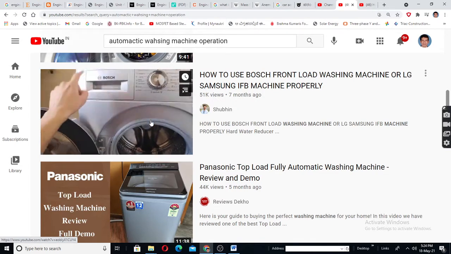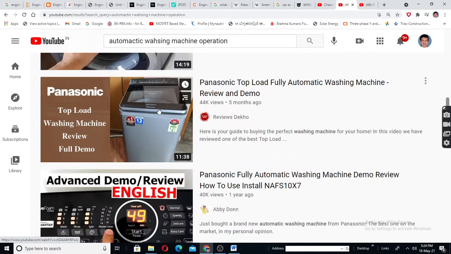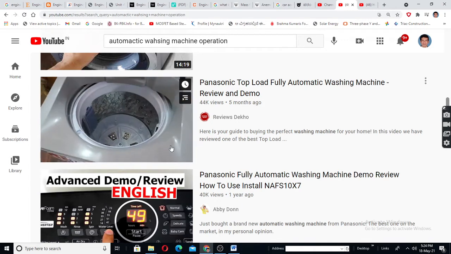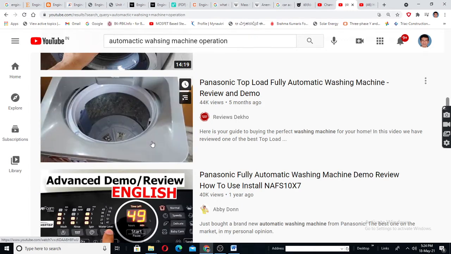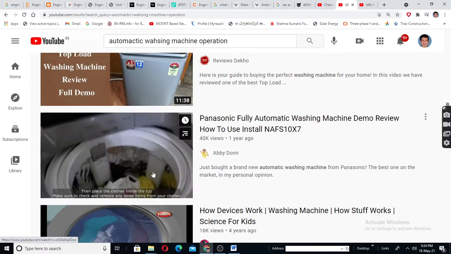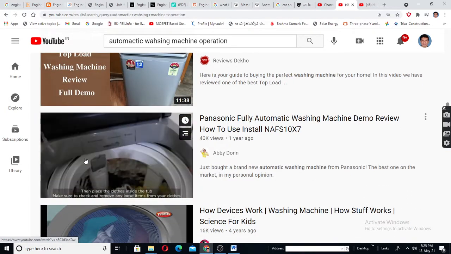See, this is top loading. It's also written top load washing machine review. Okay, we will see it later. Now this is called the control console. You can see the keypad here.